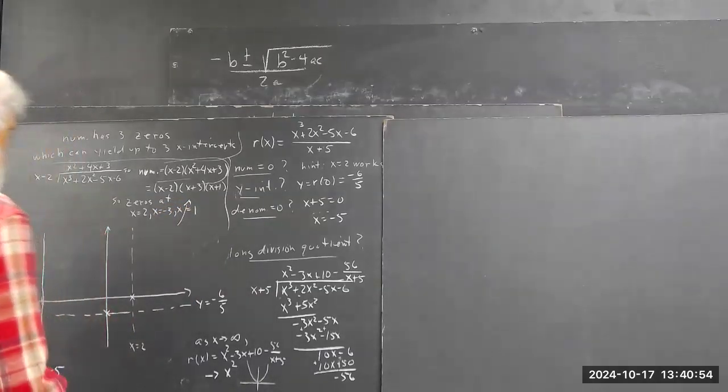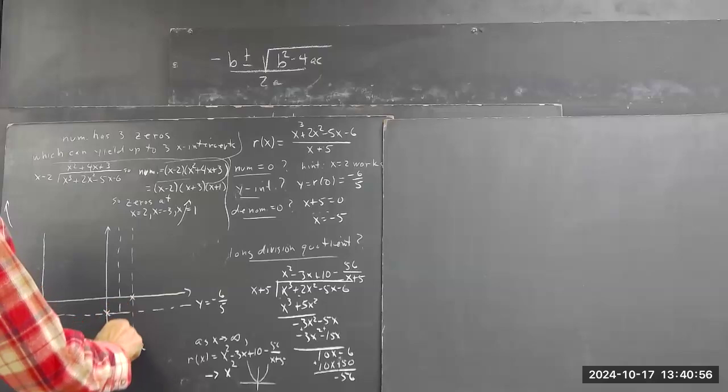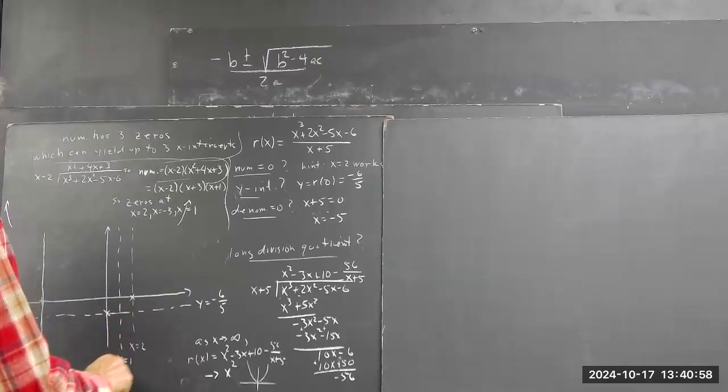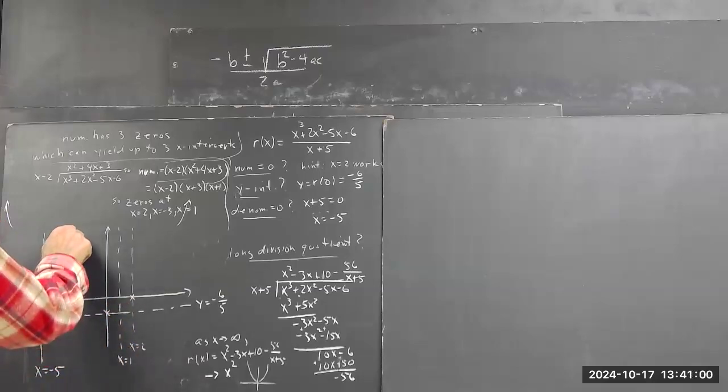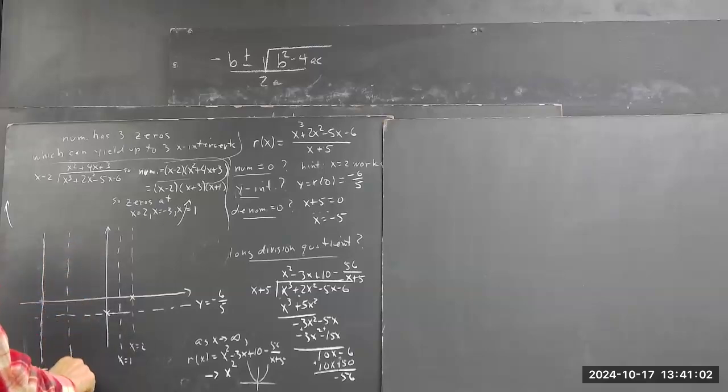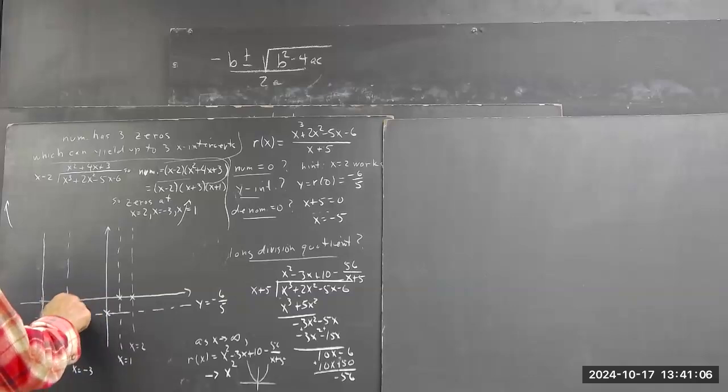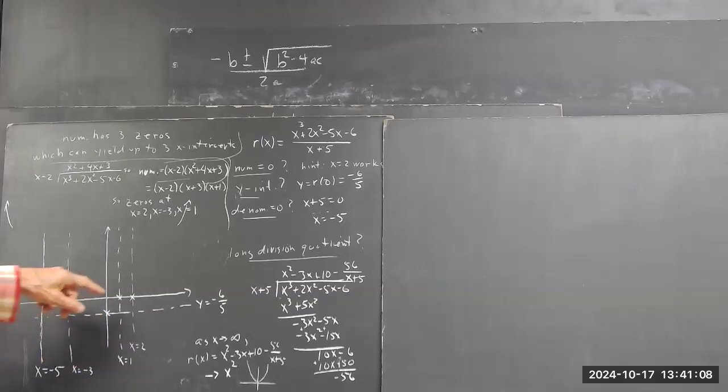So 0 at x equals 1. 0 at x equals -3. So we've got to go through the x-axis here, here, and here. Got to go through the y-axis here. We've got to have a vertical asymptote here. Well, that means your vertical asymptote over here